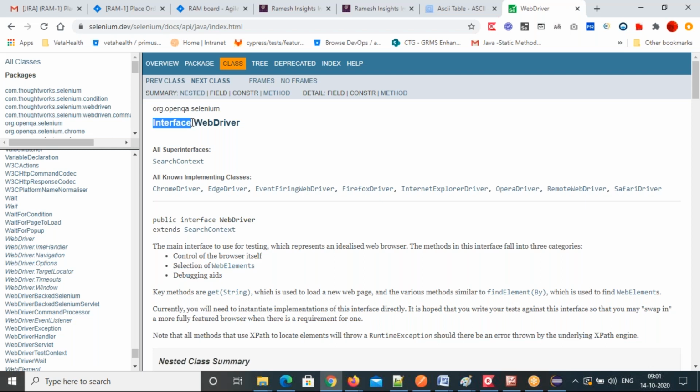You forgot? Very important point, madam. I told you very clearly. Without the interface concept, it's difficult to understand WebDriver. So go and read about interfaces first and come back to tomorrow's class. This is very, very important. If you are not understanding the interface concept, there is no use in WebDriver at all. It's going to be a problem for you.